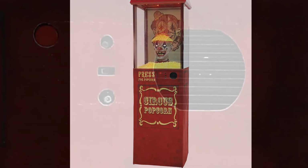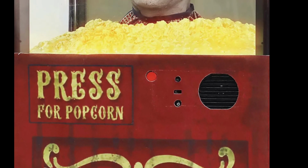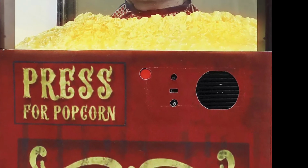Though, I don't know if this is just a prototype or if this is how they're all designed, and I hope this is just a prototype. It looks like all the controls are